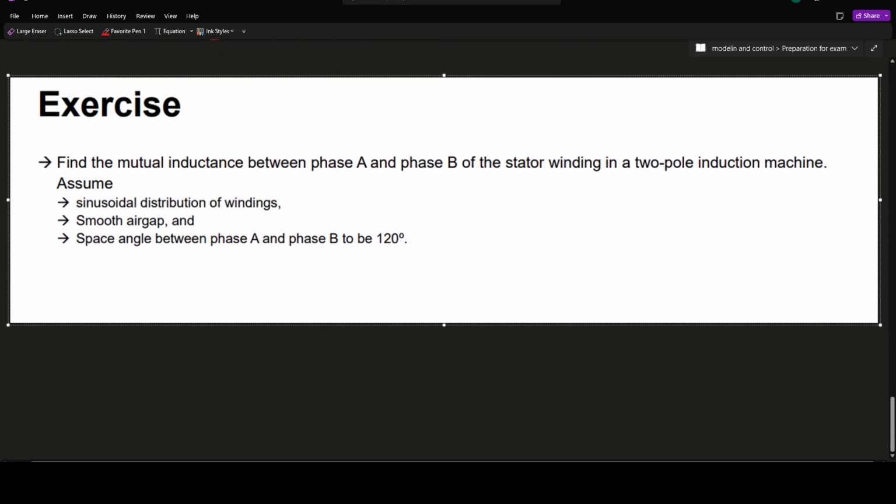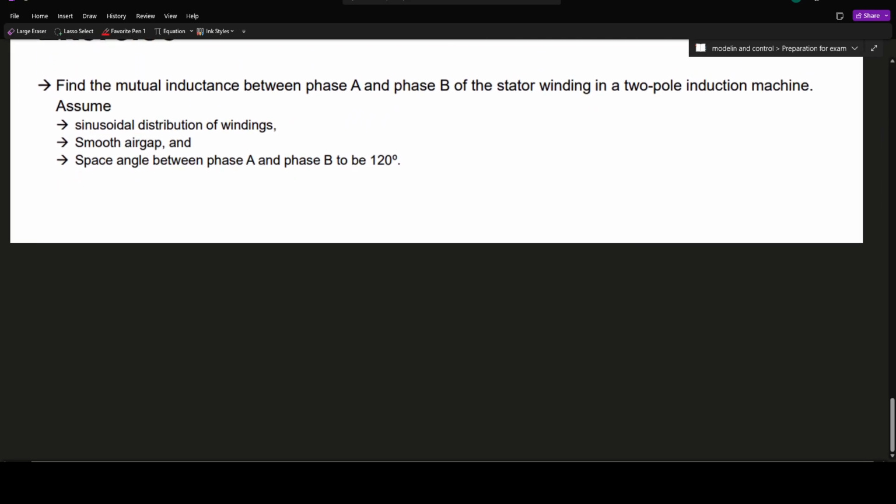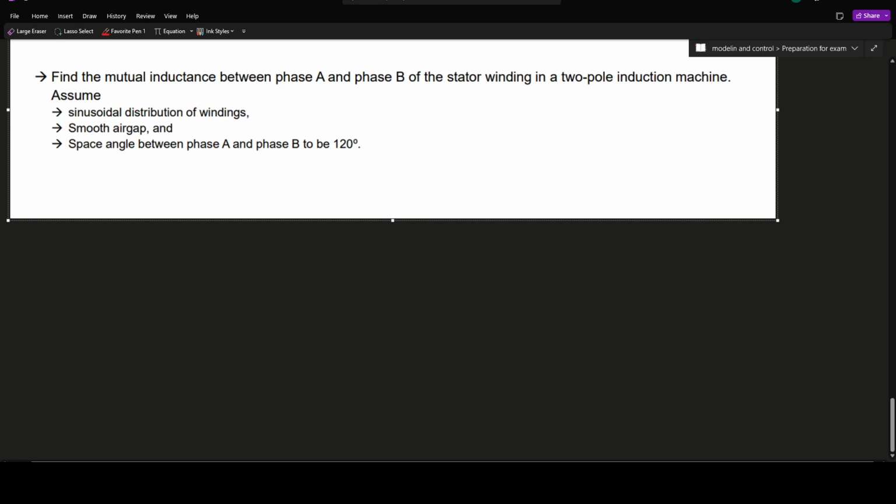So let's look at another example. Now, instead of one pole, we have 2 poles. And we want to find the sinusoidal distribution in the windings. We have sinusoidal distribution in the winding, a smooth air gap, and a space between the phases of 120 degrees. Okay,